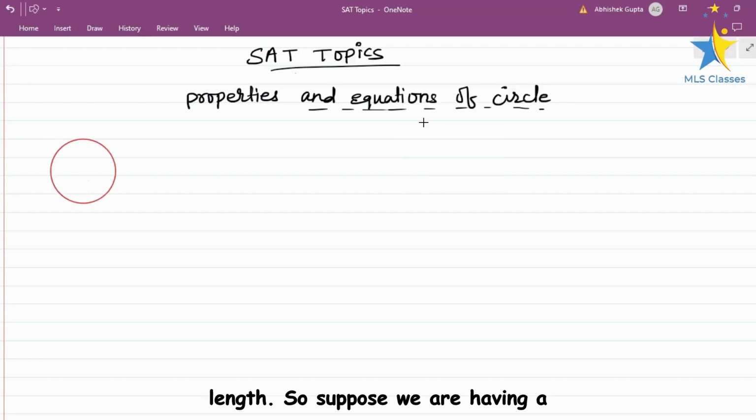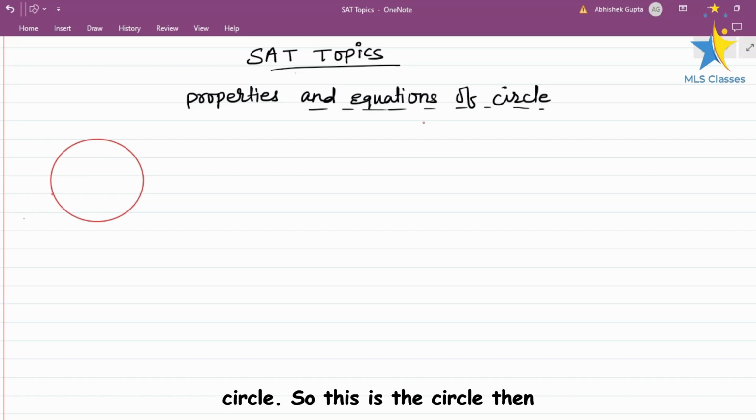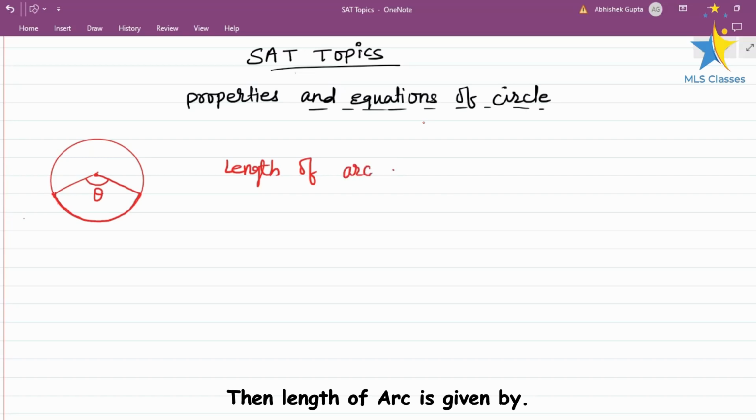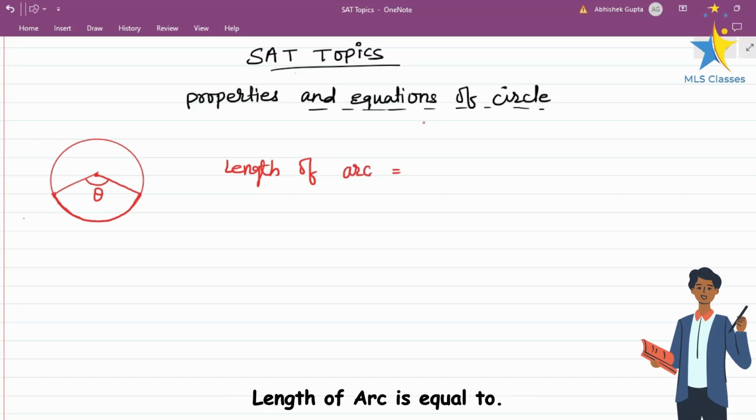Suppose we are having a circle. Then any part of this circle, like this part, is called an arc. Now if we need to find the length of this arc, how can we find it? First we should know how much angle it is making at the center. That means the central angle is very important in this. Suppose this is angle theta. Then the length of arc is given by,